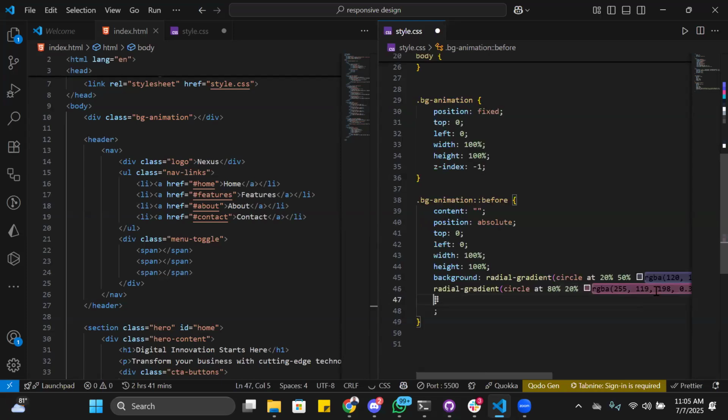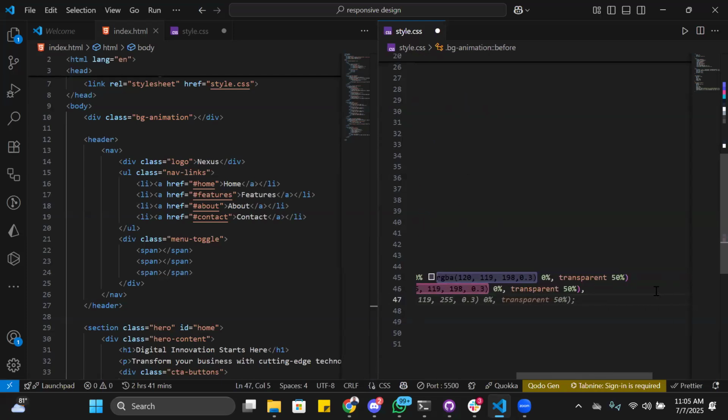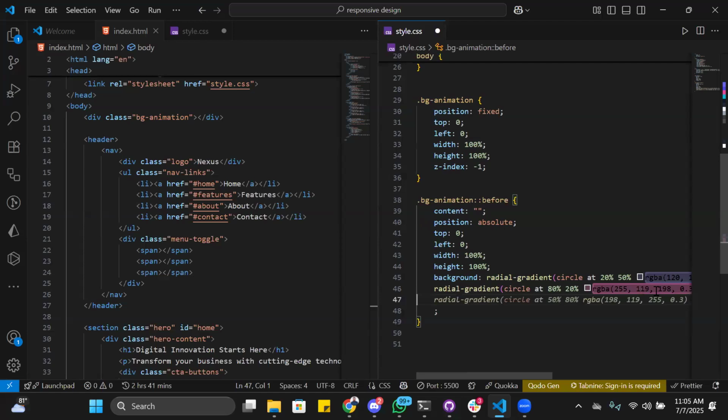This is sometimes boring when you're working with it. It's always boring. So we have radial